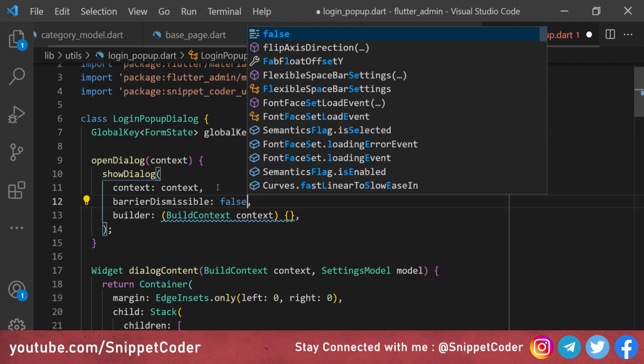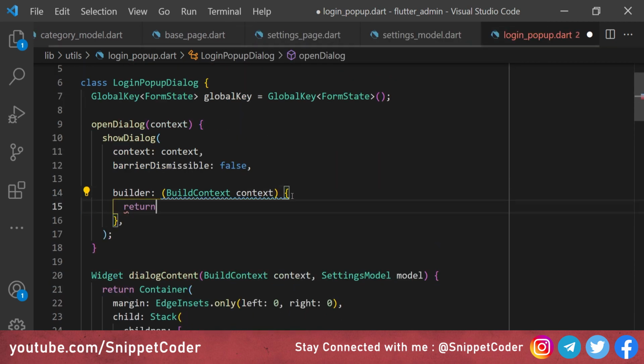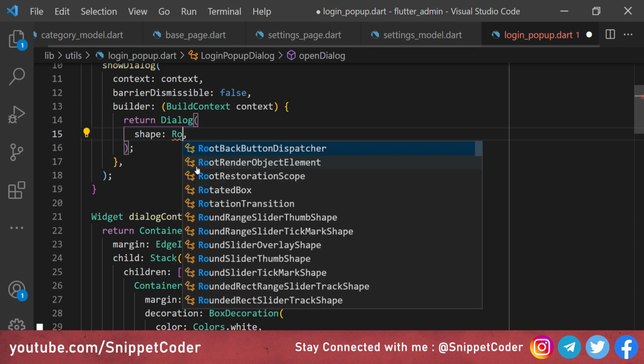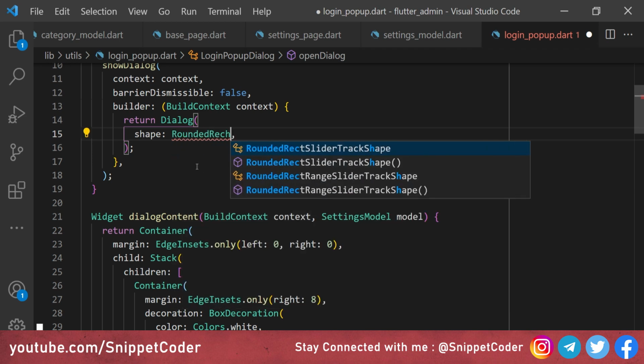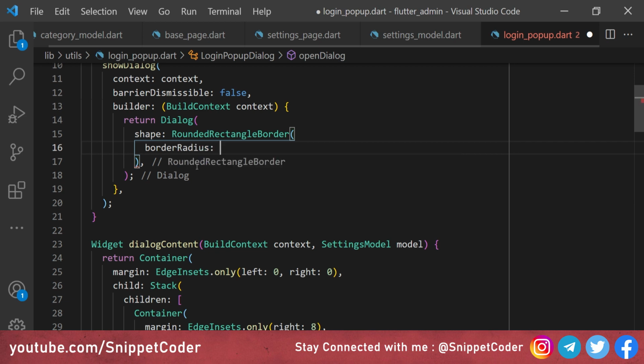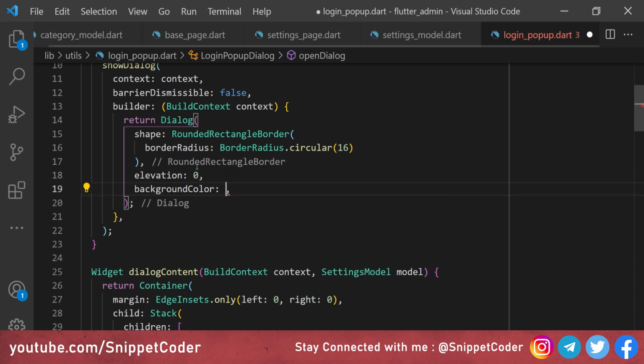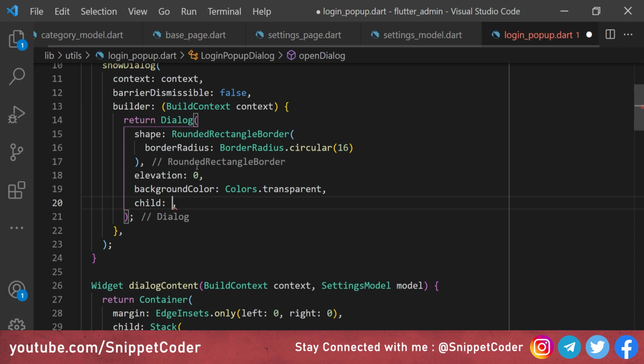For that we have to put false here, and from here we will return Dialog, and here we have the shape, and we are using a RoundedRectangleBorder, and here we have the borderRadius, and we are using BorderRadius.circular 16. Then we have the elevation here, and we are using 0. In the background we are using Colors.transparent. Then we have the child here, and here we will call this one, and we will pass the context.